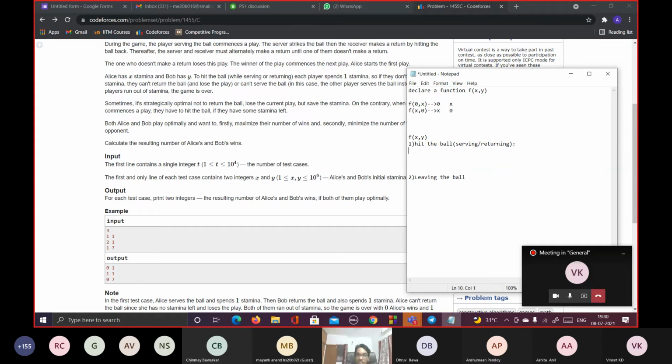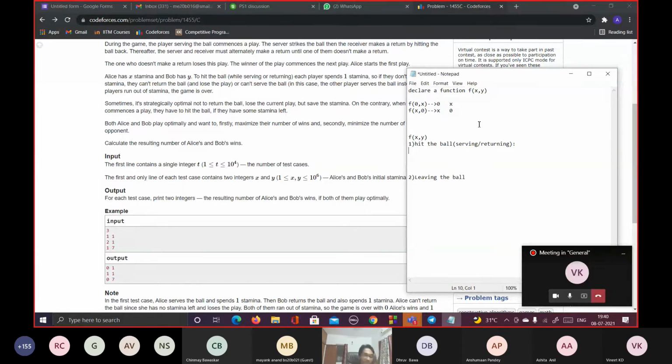So now our basic aim of this particular function, using f of x comma y, is to try to make a relation to the score. Now, stamina at any instant I know, but can I relate it to the final scores? What will happen? That's pretty much what we need to find in this question.